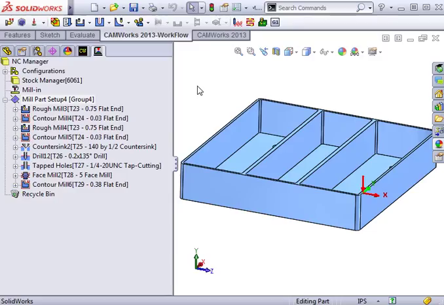CAMWorks gives you the ability to preview what your machine is going to do before you even begin cutting a part. It allows you to see the movement of the tool and a preview of the finished part. This can be extremely helpful, especially when working with complex features which may require some adjustments in the operation or